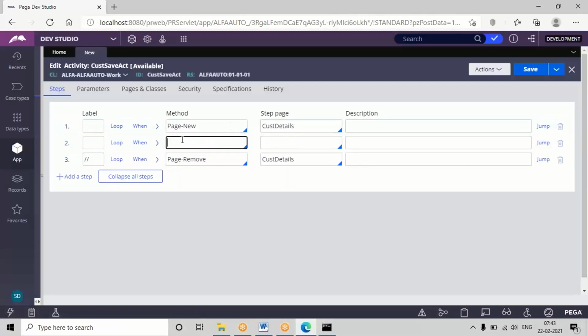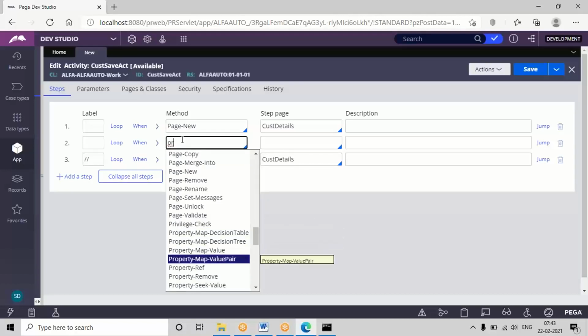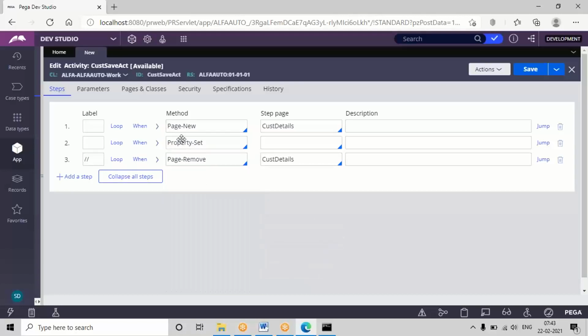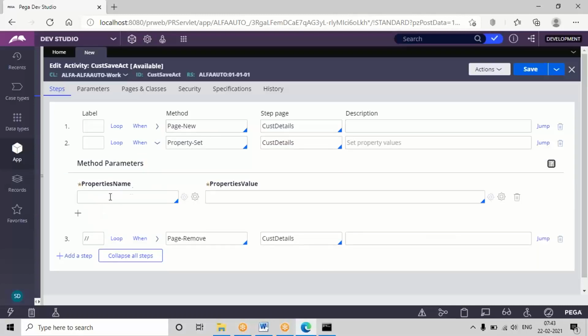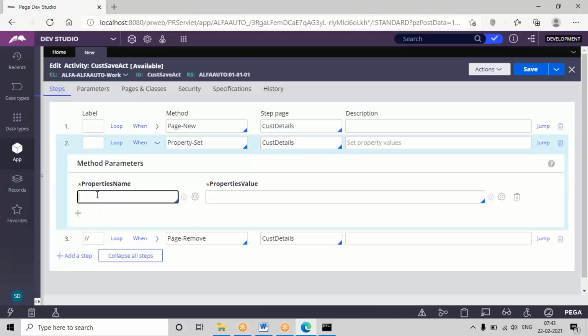Okay, now in between these two we are going to configure the new methods. Okay, so here first step is, in order to assign the data to the clipboard page, we need to use the property set method. So property set first you need to define. See, in property set method, how many fields are there in the table? For all the fields, we need to map the records. So expand this property set. Here I can add only the property column names I have in the table.